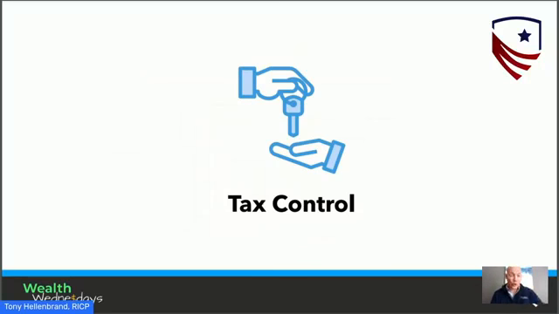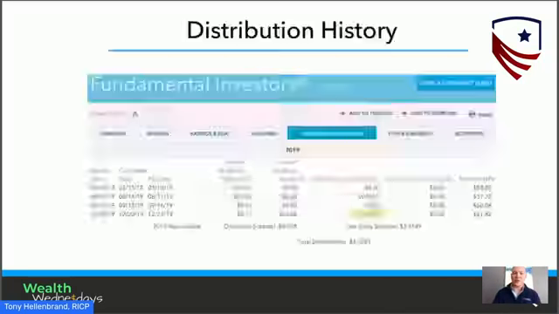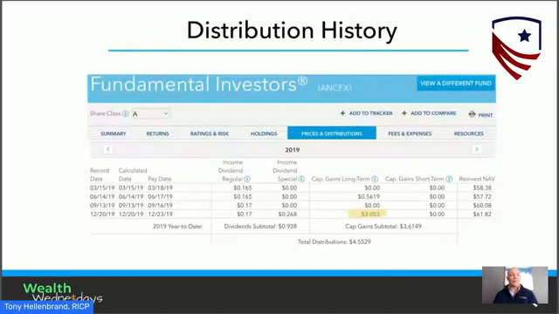Okay, if it's in a brokerage account, if it's in a joint brokerage account, if it's in any kind of non-qualified account, you have surrendered control of your tax return to that mutual fund company. In an IRA and a Roth IRA, this stuff won't apply as much, but all the expense stuff we just discussed would still apply. So let's talk a little bit about tax control and why I get so crazy about this. So again, same mutual fund.